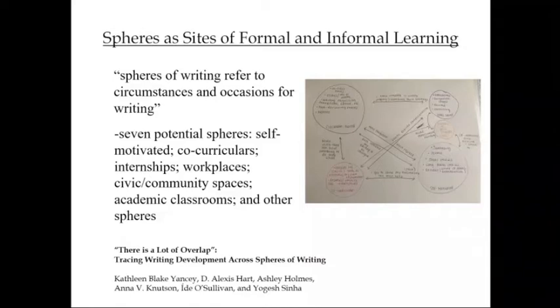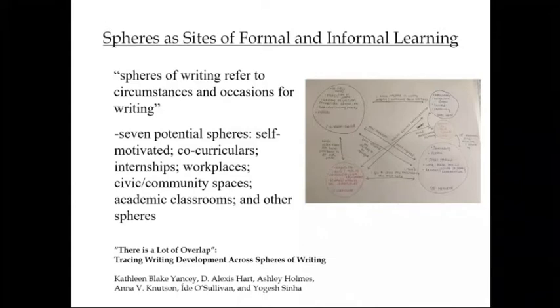And we operationalized or defined potential spheres as self-motivated, that's one. So something you will do on your own, you're in complete control of, doesn't belong to school or to anybody else. Co-curriculars, student government, for example, could be athletic teams. Internships, which I think is probably like placement, pretty much like what we're looking at today with the pharmacy model. Workplaces, which refers to sites of work that students are engaged in while they're in college. Civic or community spaces, academic classrooms, and then other spheres, which was to capture anything that we had not captured